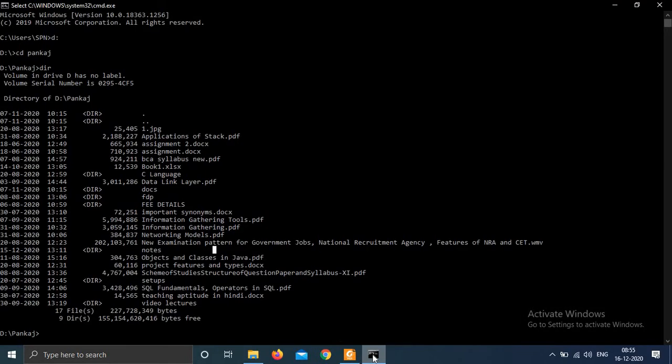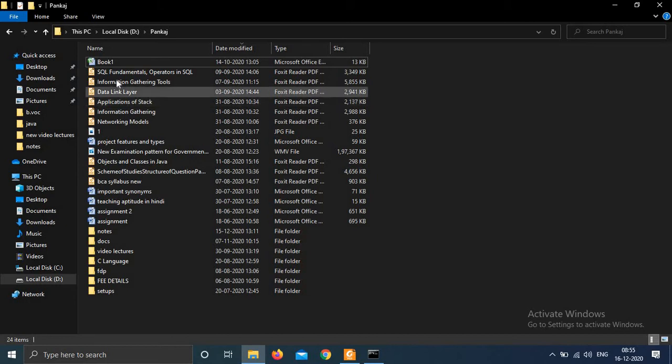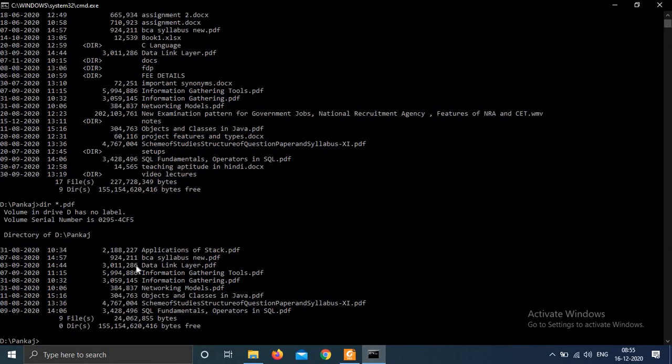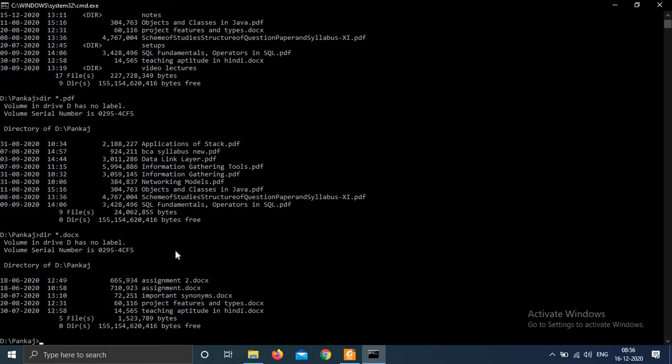I want to explain how you can manage your drive using command prompt in an easy way. Now if we look at this drive, there are also some PDF files, like 1 2 3 4, these are some PDF documents. So suppose I want to see only PDF files, then I need to type dir star.pdf. Now it will show me only PDF files. Similarly, if you want to see docs files, you can type dir star.docs.